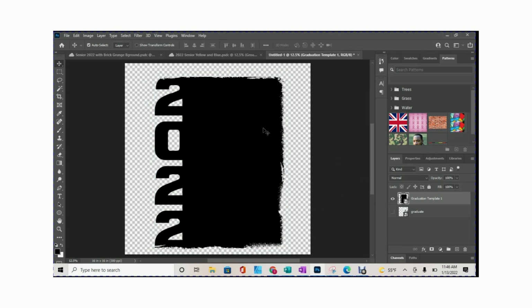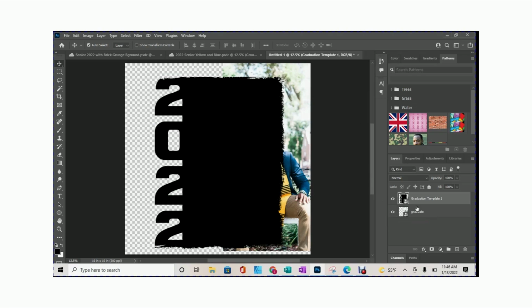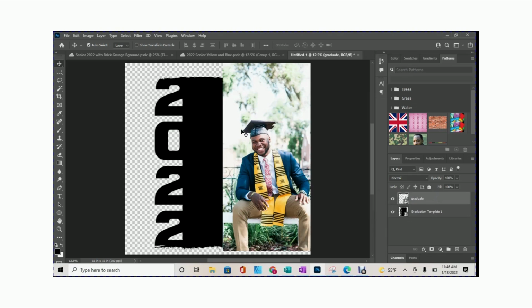All right. So now that I have my image the size that I want, I'm going to go back over here to my layers. I'm going to click on that empty box where the eye was so that I can bring my image back. I am going to drag my graduate's image layer on top of the template.